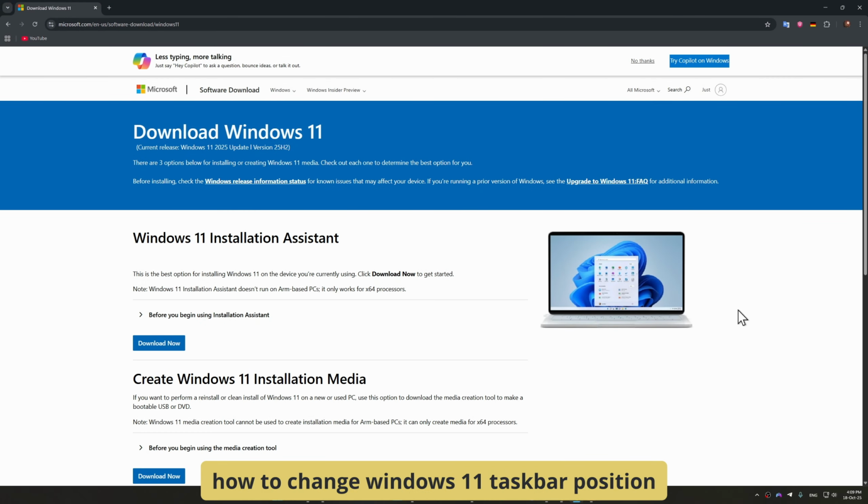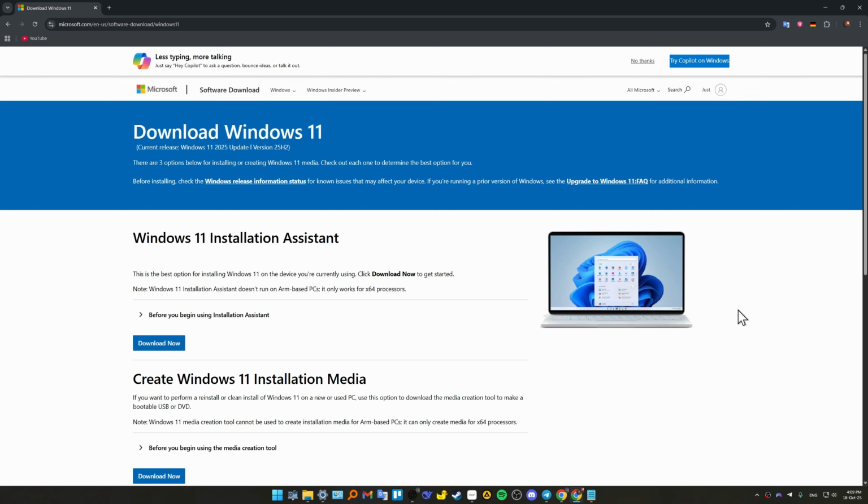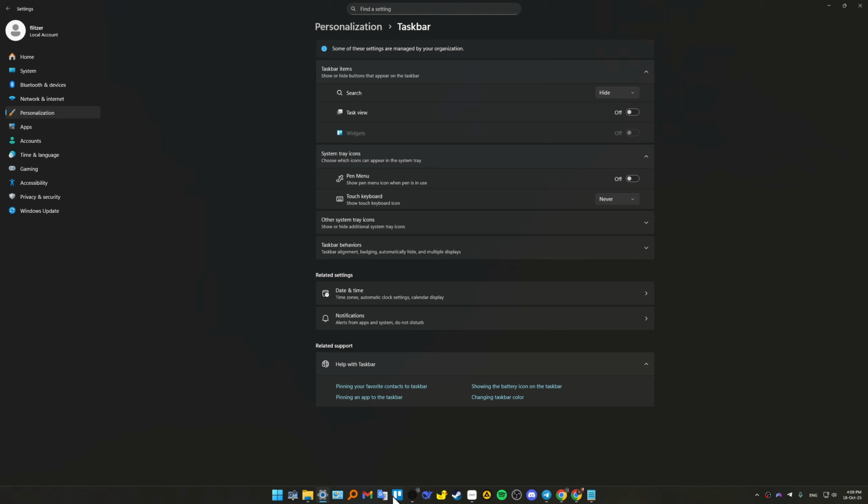In this video I'll show you how to change the Windows 11 taskbar position. So if you want to move it to the top, left or right, we can do this with a little tweak. Microsoft actually removed the possibility to move your taskbar from, for example, the bottom to the sides or to the top. Traditionally that's not possible anymore, unfortunately. And the only way to do this now is to use a certain registry tweak, which we'll do in this